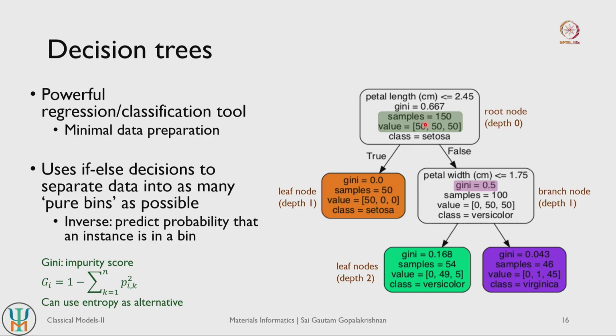much as possible, right, as it progresses through its depth. So as it creates more branches and more leaves, it tries to minimize the Gini score in the case of classification, right. So another example is, let us say you take this bin here, this leaf node here. We see that there are only 50 samples here, all 50 samples are correctly classified as Setosa. So the probability of classification of Setosa is 1, probability of classification of versicolor is 0 and virginica is also 0. So the Gini score is actually 0 here, it is 1 minus 1 which is 0 here, right.